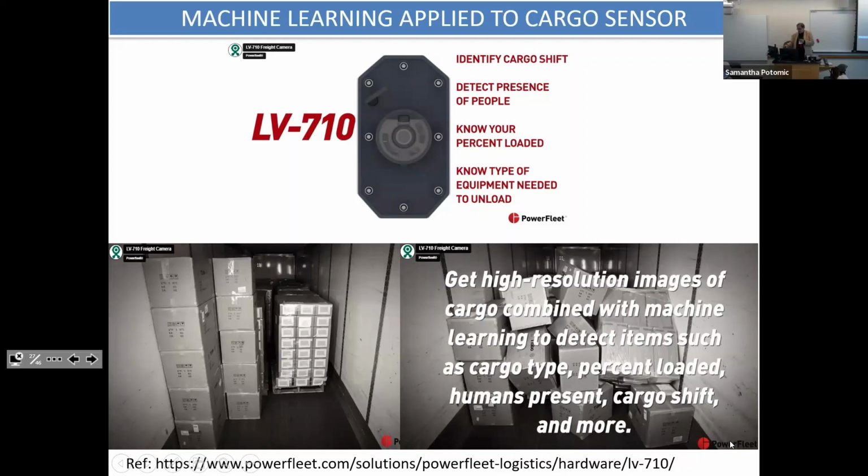So if you look at this diagram on the right, you see the box, the skids are all in a big mess. You want to identify that, but you also want to identify if it's empty. The second my load is empty, I've filled up 4 Walmart stores from DC distribution centers, and now I want to see what I've got coming back. Nothing. That's called deadheading. You don't make money with deadheading. But having a smart cargo sensor to actually look at the image and say you have nothing in here, no skids, no empty skids, nothing, now I can know